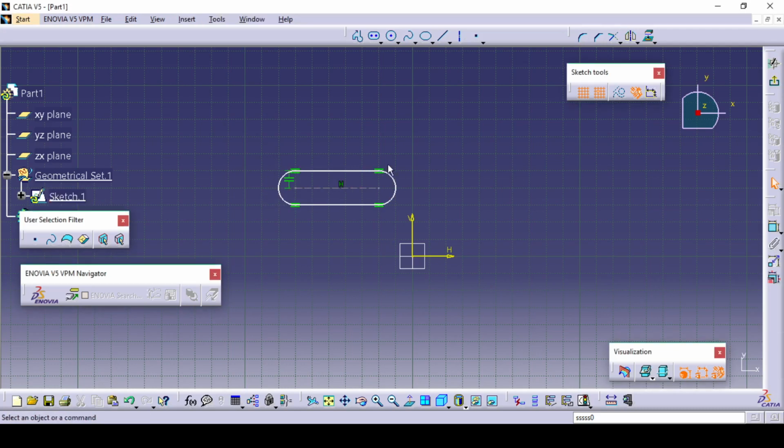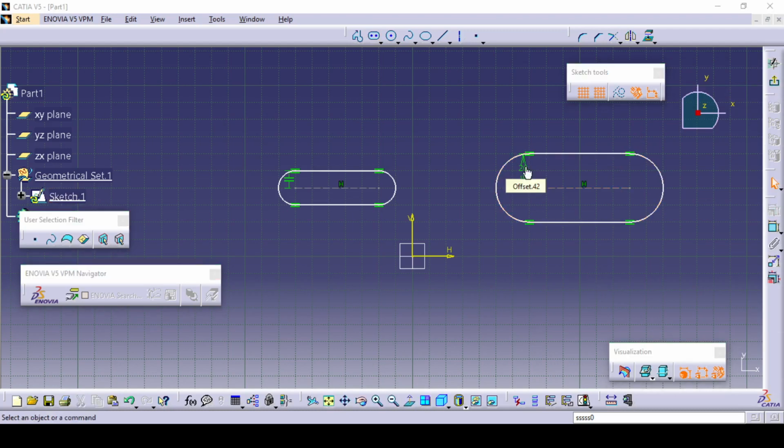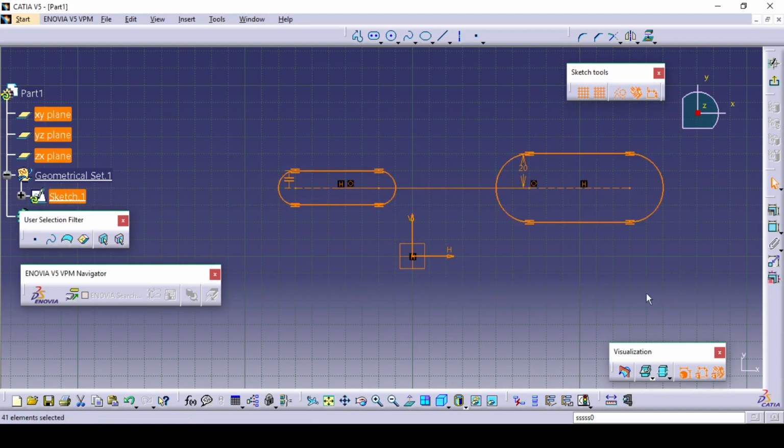These constraints are automatically inserted, but the dimension, this arc length, is not inserted. So for that, we can switch it on. With dimensional constraint on, we again select the elongated hole command, select the first point, select the second point, and as I draw, you can see that a dimension of 20 is automatically inserted. So this dimensional constraint option will automatically insert one of the dimensions inside your sketch.